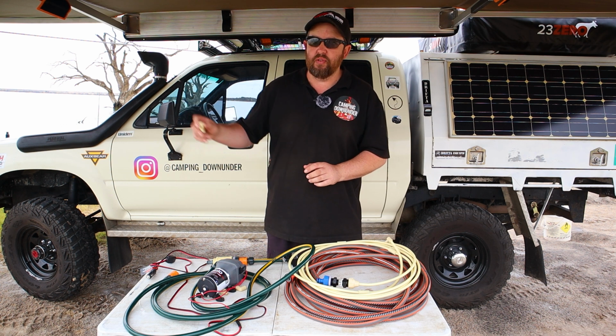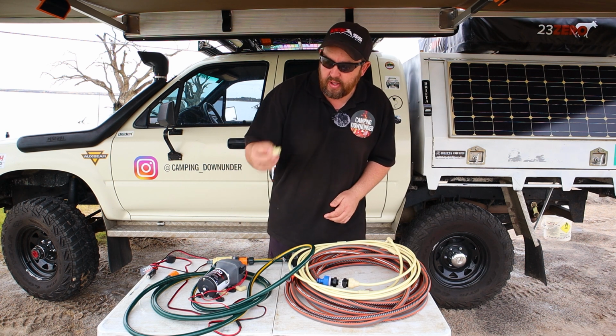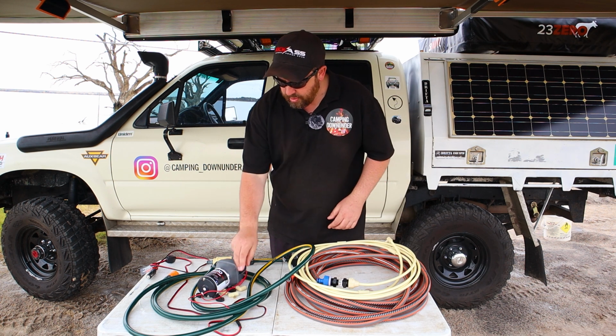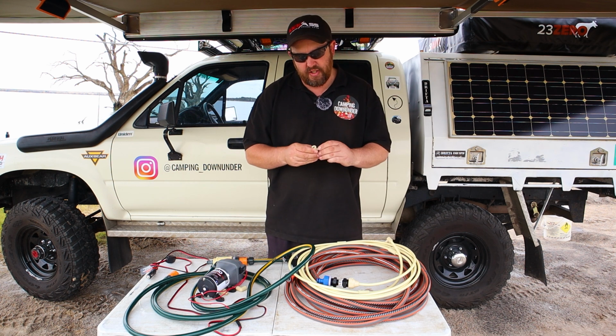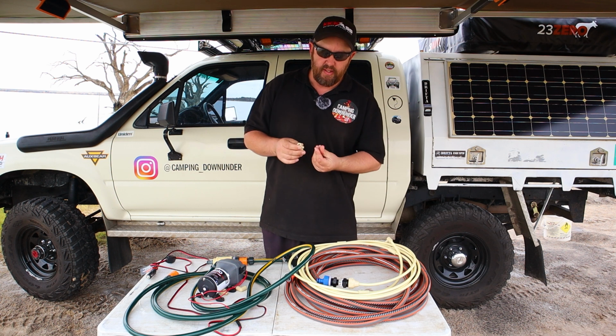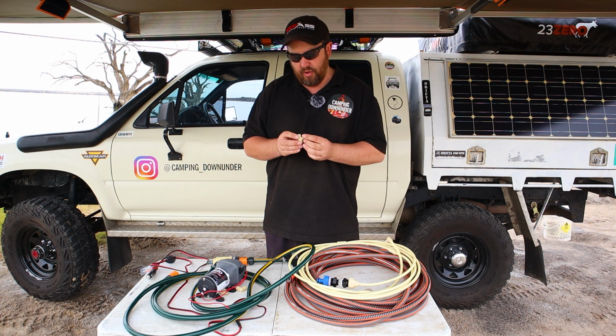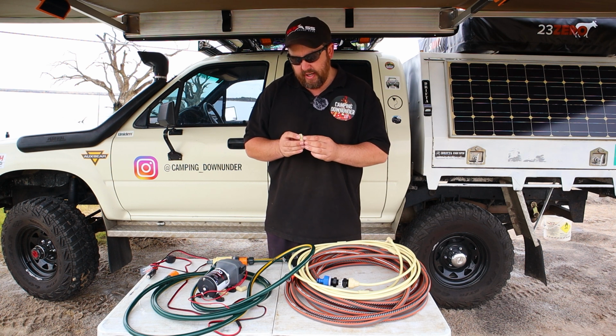So if you're outdoors, you might be picking up a bit of dirt or sand, so you don't want that blocking up straight away and just ruining it. Although they are simple to just unscrew, run the pump, and let all the dirt and everything run through it. You might need a needle or something, a pin, through that to unblock them. But the way around that,